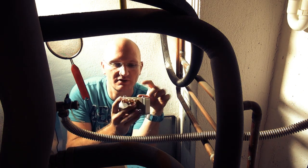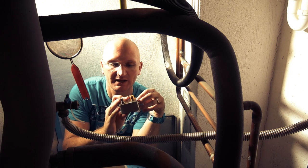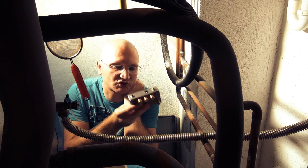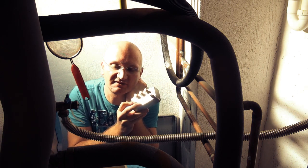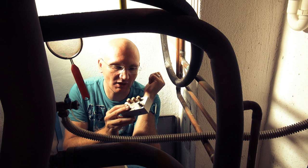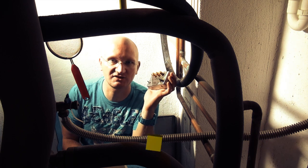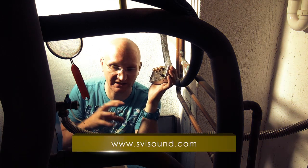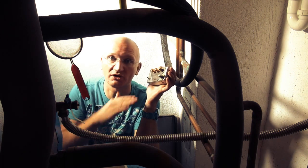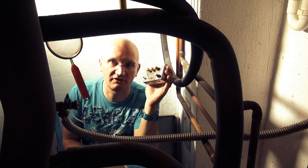I love the input jack for the 9 volt for the power supply, but when it comes to build quality from these individual do-it-yourself, completely made by hand builders, it is very boutique, whatever that word now means. But obviously, when everything is made by hand, it doesn't necessarily guarantee the mega highest quality. When you have a factory that does things systematically, there is more even quality throughout the whole product line. Whereas here, sometimes there's a lot of variation in parts,